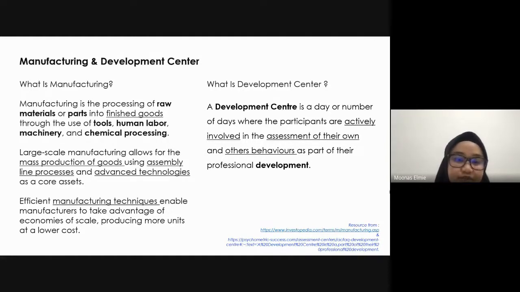There's a huge plantation on that. So the development center is a day of a number where the participants are actively involved in the assessment of their own and others' behaviors as part of their professional development. For example,